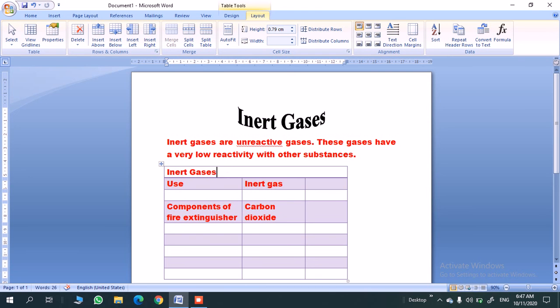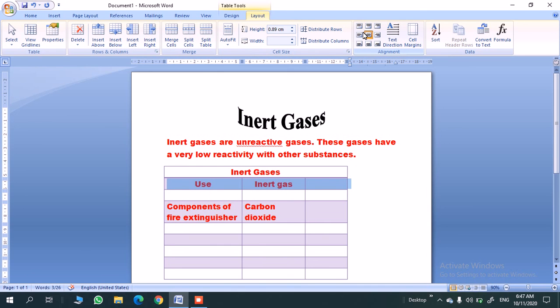If you want to align these texts, select the text. Separate alignment options are available. Most of the times we select center alignment for the titles of the table.